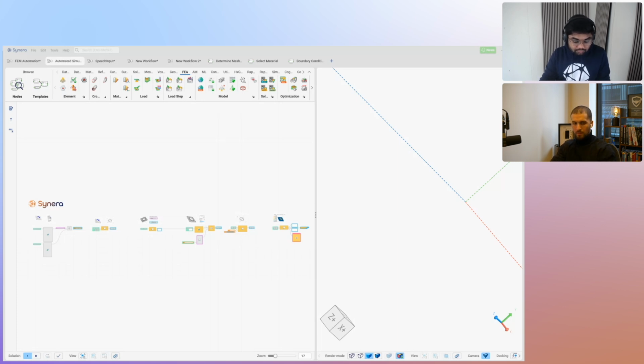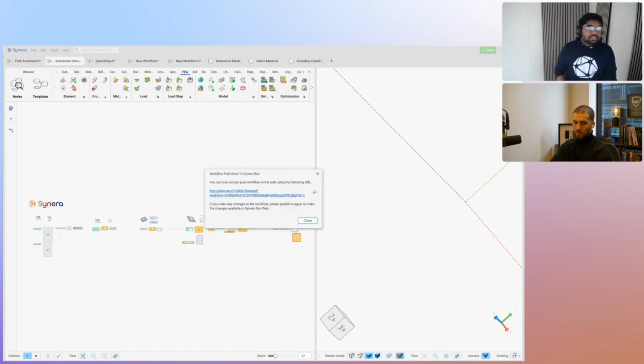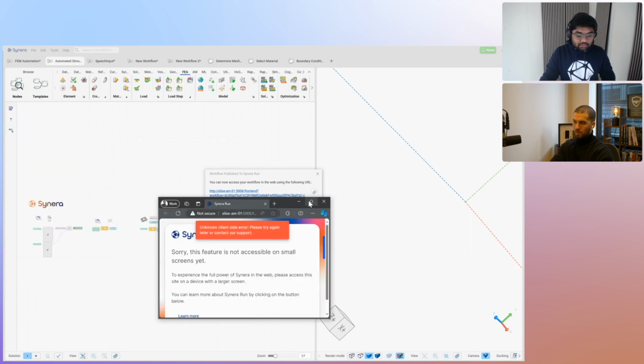Really cool. And then the last question so far is, how does Synera streamline workflows by resolving the challenge of diverse APIs in engineering software? So basically, as I said, we are an open platform. Synera tries to also connect with various other environments. One, we have, let me show this,